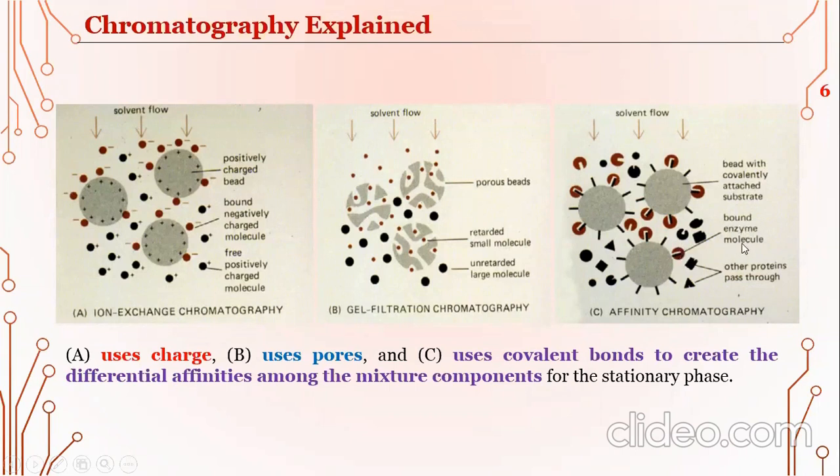So the bound enzyme molecule is bound with that other protein. So this enzyme will have affinity for these epitopes, and they will use covalent bonds to create the differential affinities. So they will have affinities for these beads. They will bind here, and the rest of the molecules will flow through, and this is known as